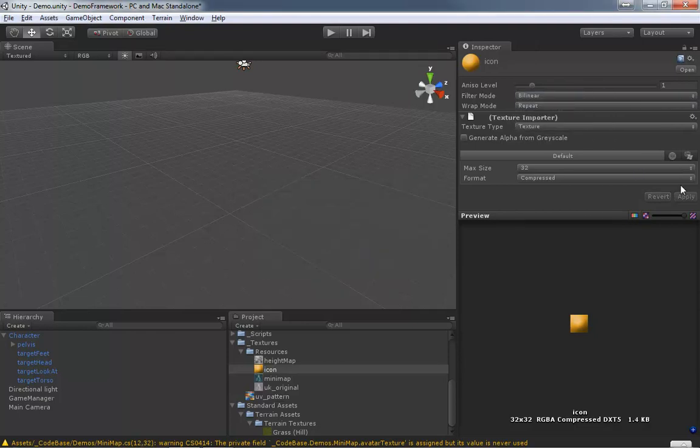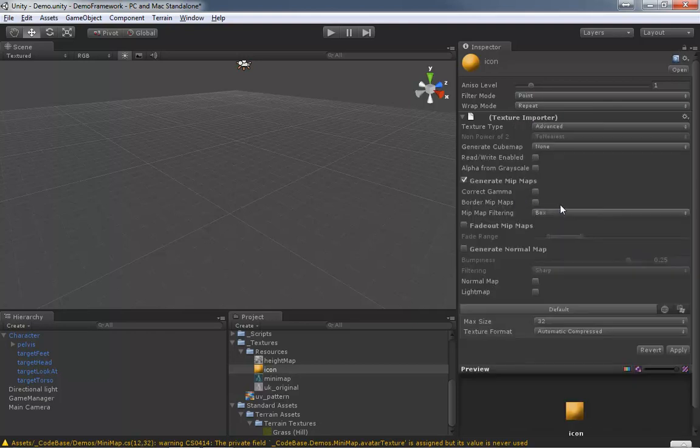Hit apply. Go ahead and switch back to point again. It dropped it. And then, there we go. And usually, anything that's going to be in your GUI, you don't want bitmaps generated for it, and you don't really want it to be filtered. You want it to be a one-to-one relationship. So if I hit apply,